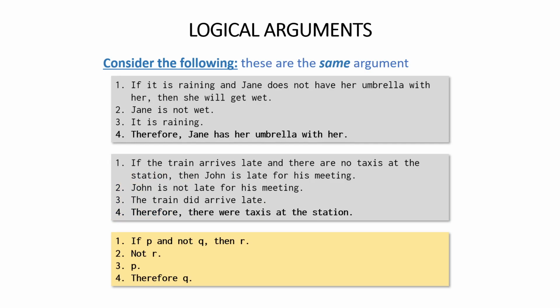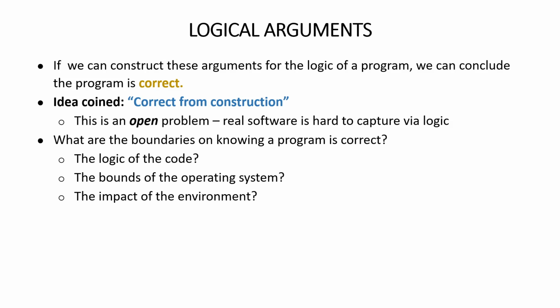These are actually the same argument. So if we have a tool to check whether this deduction step is correct, then we can also solve those different cases. So we can, of course, not only do this to natural language text statements. If we can do this to programs, and we can derive that the conclusion about the program is correct, then we could actually have a correct-by-construction program. Now,